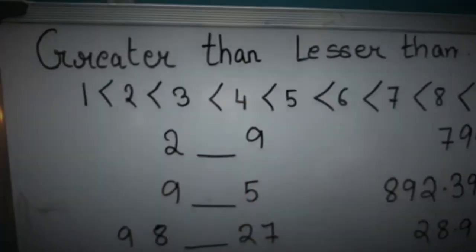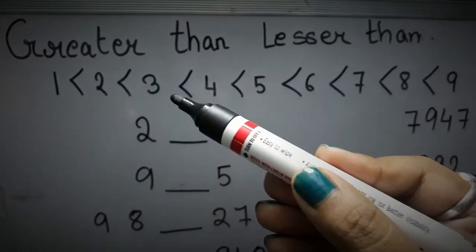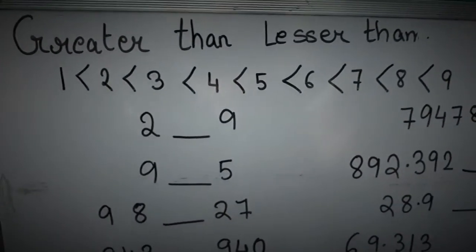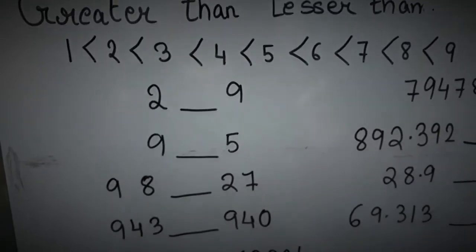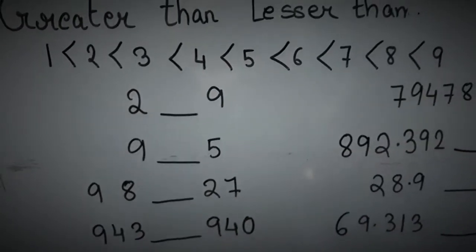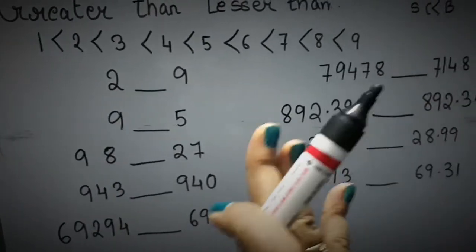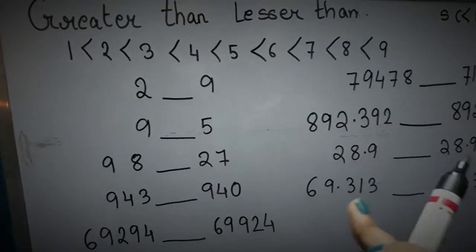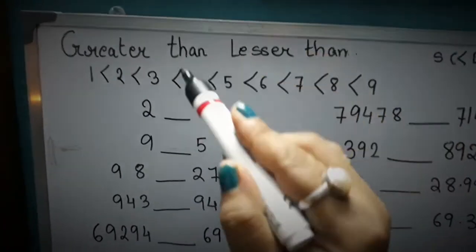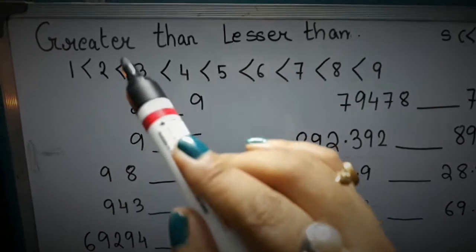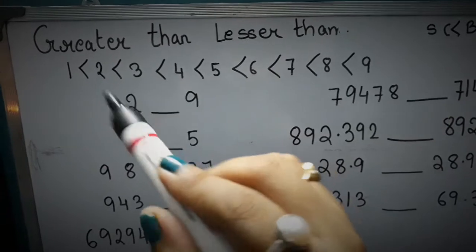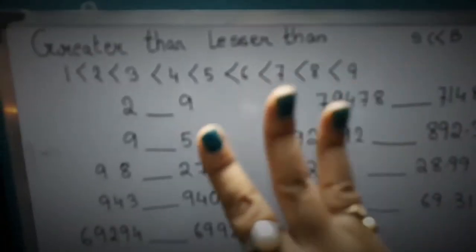We all know this one, that 1 is less than 2, 2 is less than 3, 3 is less than 4, 4 is less than 5. In this way till 9 we all know. And if we don't know, the smaller kids, please learn in this way till 9. If you know 1 to 9, then it will be very easy for us to do any number, whether it is small or big, doesn't matter. So we have to remember that 1 is less than 2, 2 is less than 3. Less than means smaller. 2 is smaller than 3.